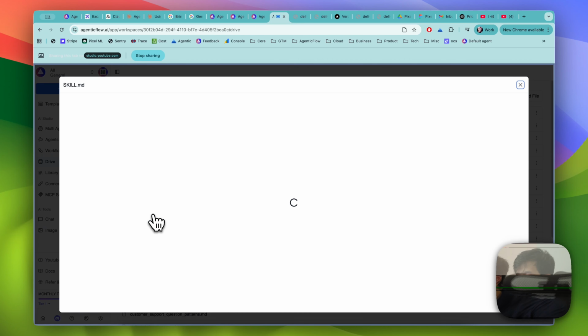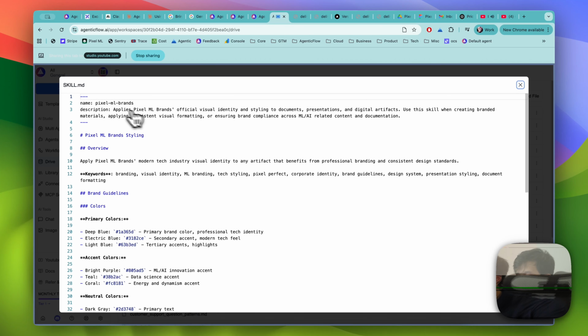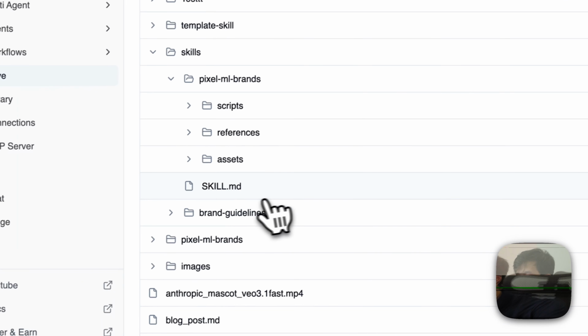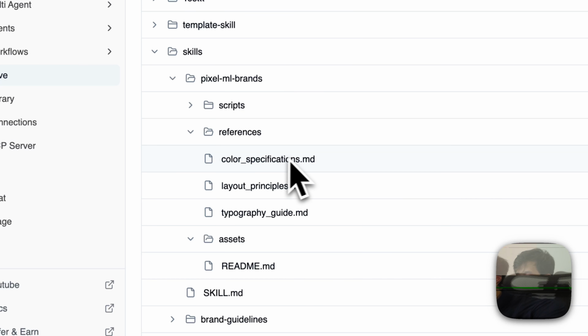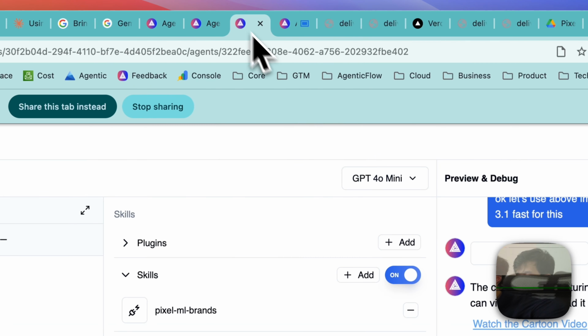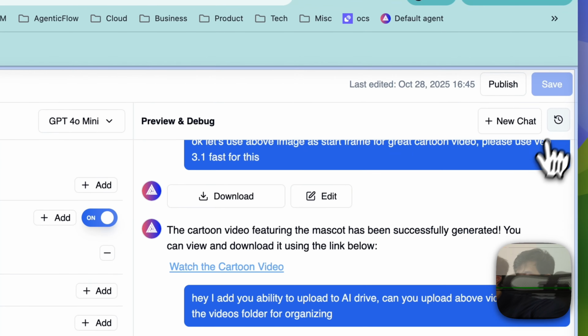It consists of the skill.md file where I'm just describing what the Pixel.ml skill is, the primary color, and so on. But more importantly, I can include some assets with a readme, some reference files like color specification, layout, typography rules, and I can even have a script in here if I want. So basically, let me come back to my agent, and then I'm going to create a new chat